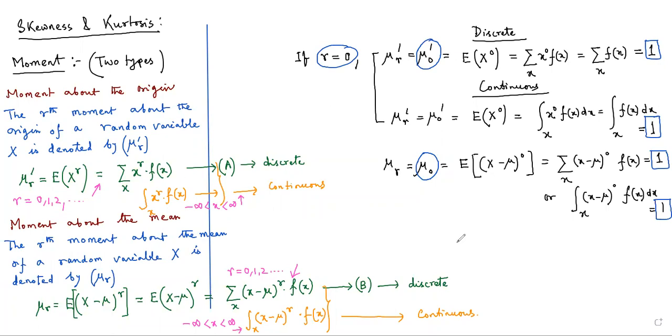Okay. Now we will consider another point, which is r equal to 1. And let's see what happens in that particular case. Okay, let me draw a line over here. Now, if r equal to 1,